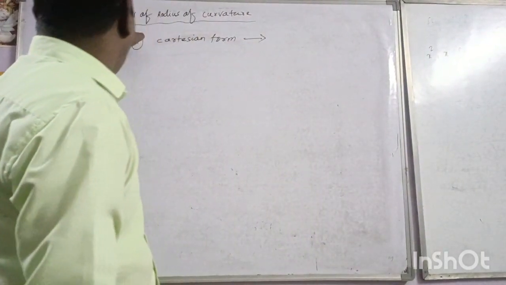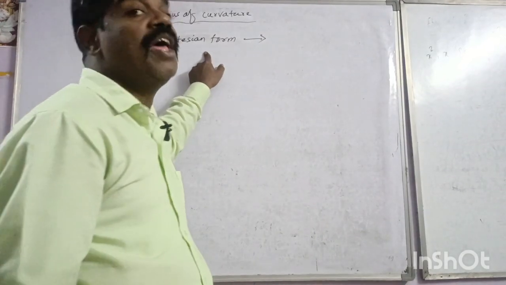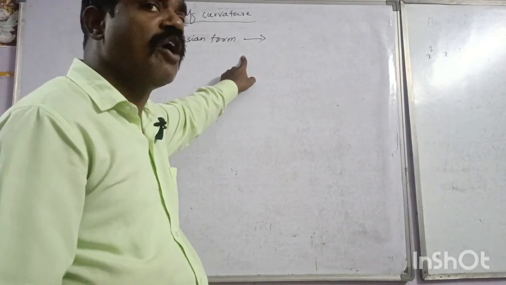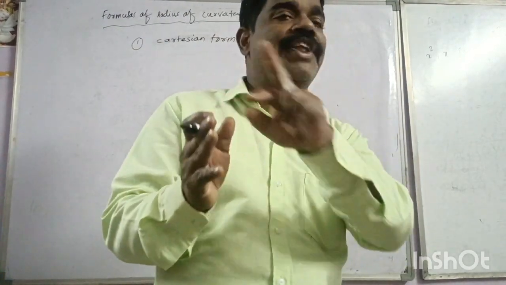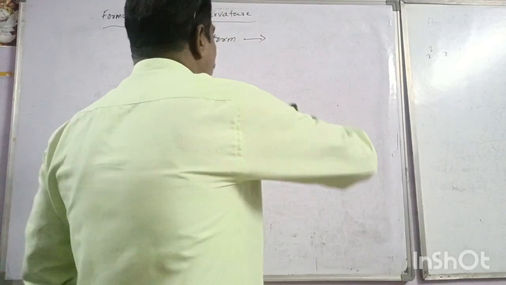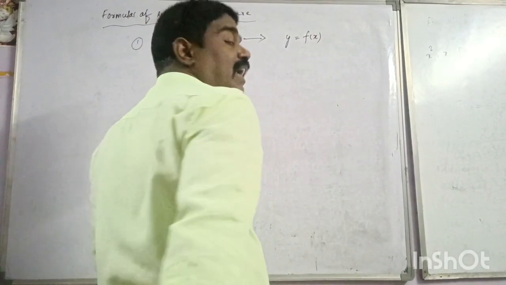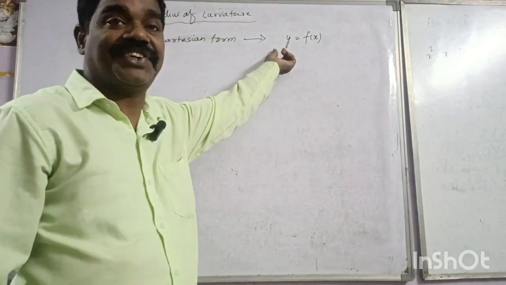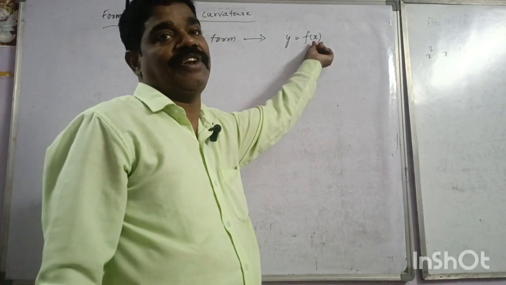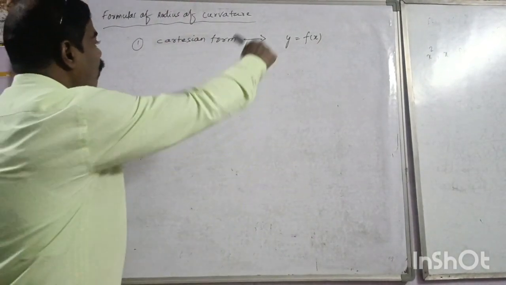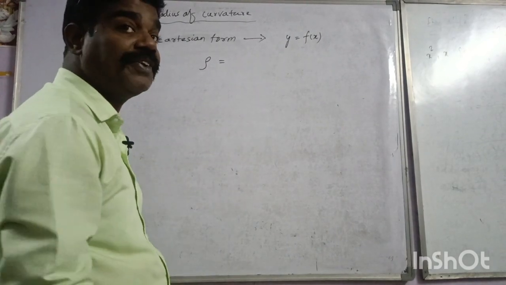Formulas of radius of curvature. First one, Cartesian form. Cartesian form means the function is given in two variables y and x. Y is equal to f of x. In this, y is the dependent variable and x is the independent variable. The formula of the radius of curvature rho is equal to, remember,